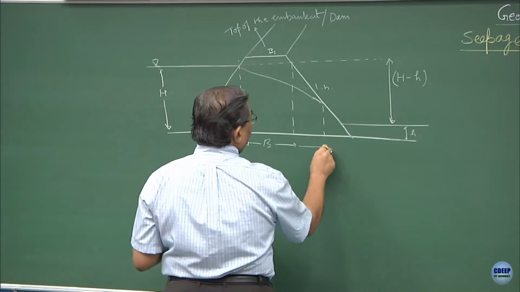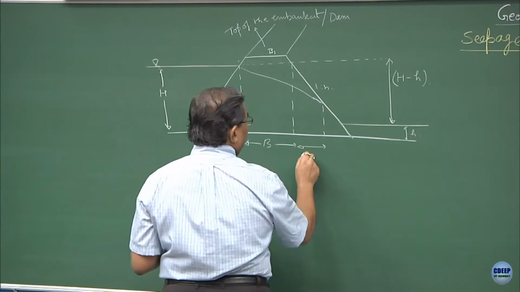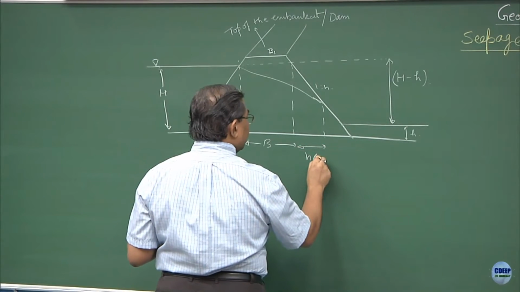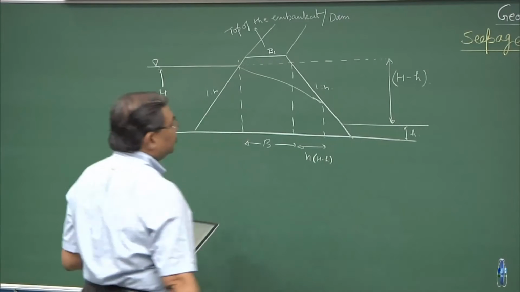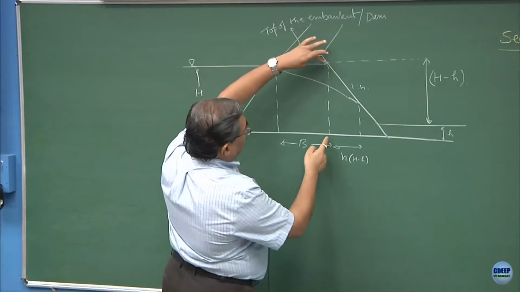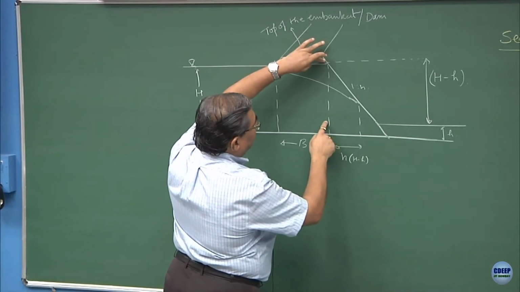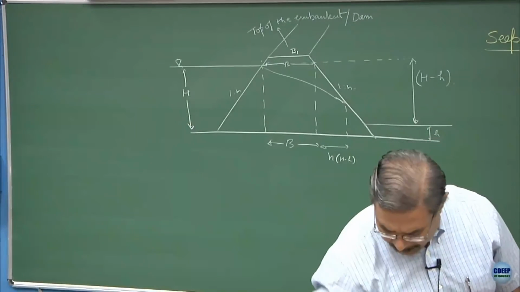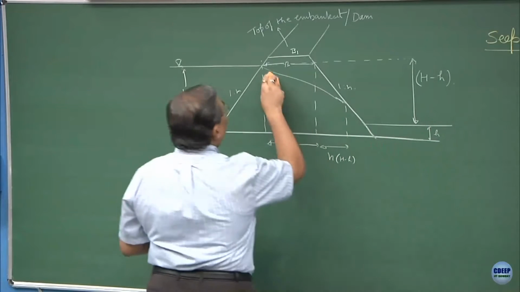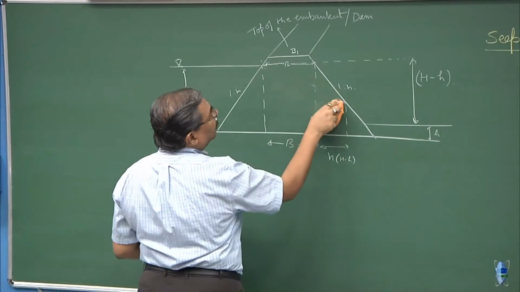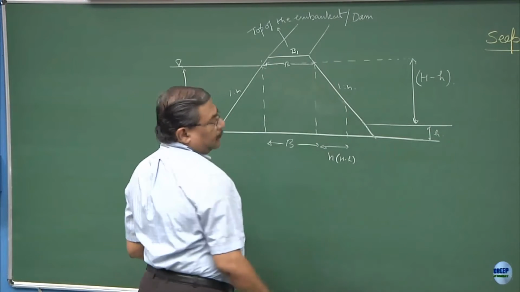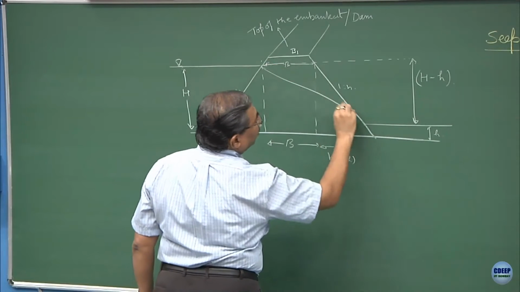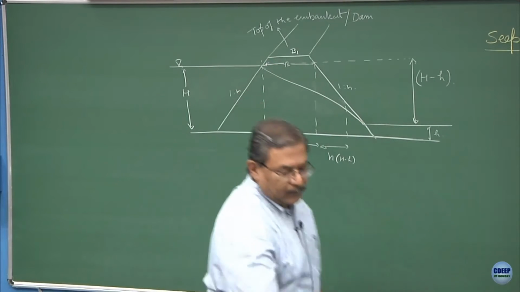So, this thing is going to be equal to n times h minus h. See, this is h and this is h. So, this becomes h minus h, 1:n. So, this becomes n times h minus h. I think for the first analysis I will have to change the phreatic line. Yeah, you are right. I was not very careful when I drew this.